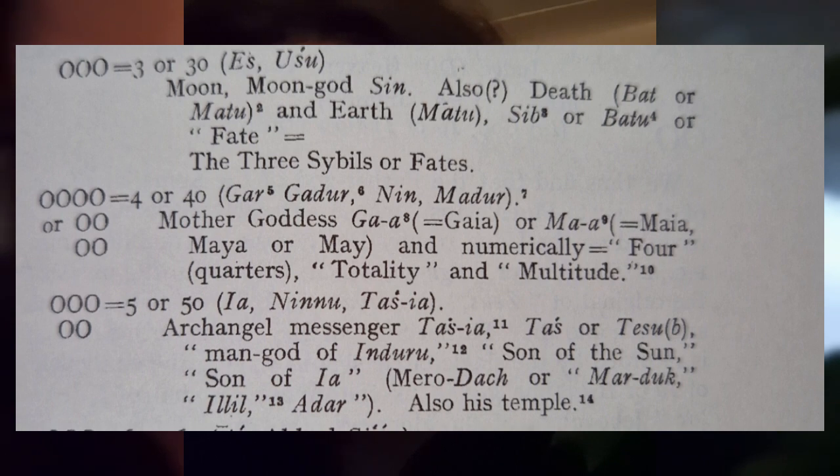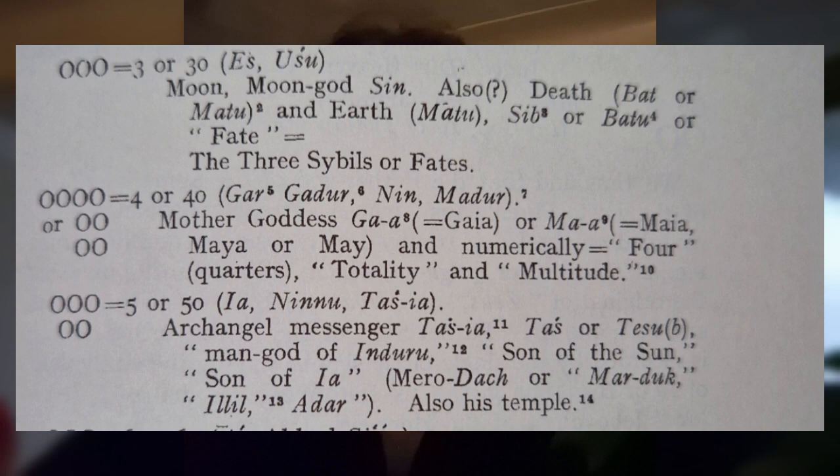O O O, or the three perfect circles, equals 3, or 30. Es, Usu, moon, moon god, Sin, also death, bat, or mutu, and earth, mutu. Sib, or batu, or fate, equals the three syllables, or fate, which, to be honest, makes you think of the three muses that